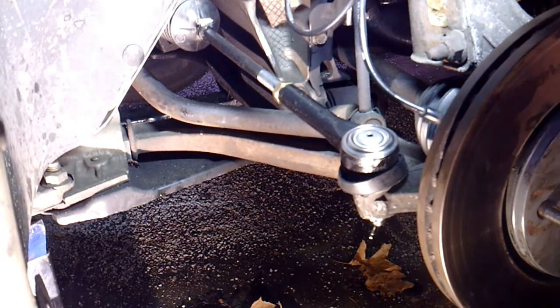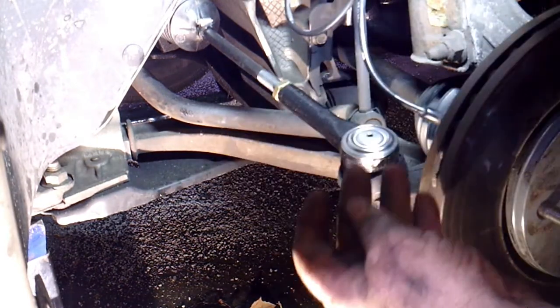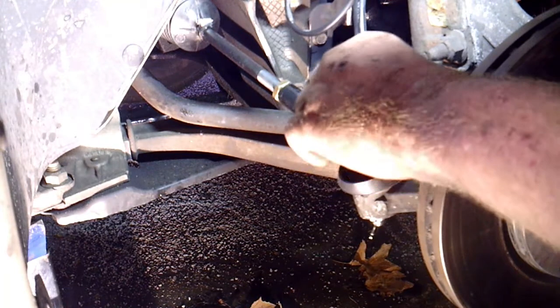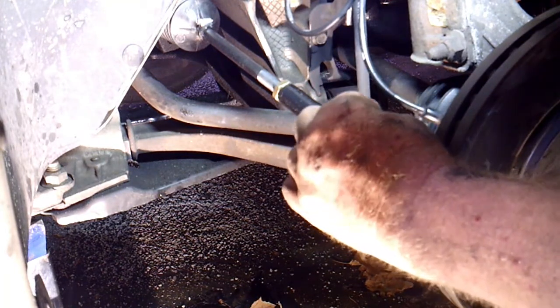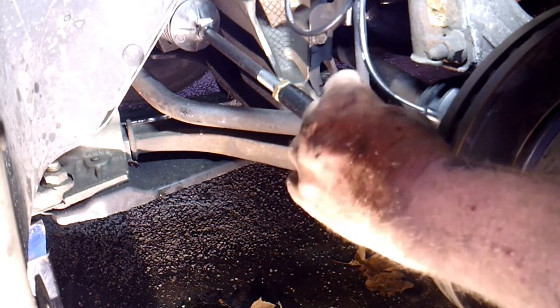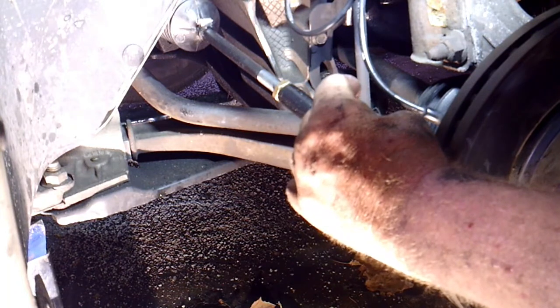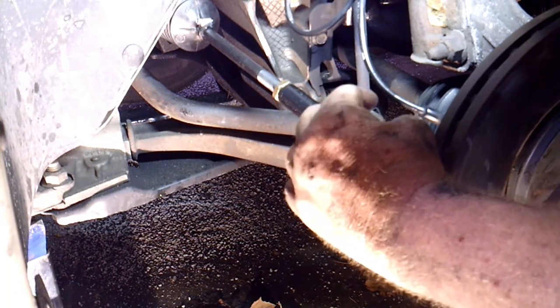Alright, so I screwed that on, 22 turns, went ahead and took the jam nut, and I haven't tightened it yet, but I put it up against the tie rod, and then put the tie rod through the spindle here, or the steering knuckle, and I cinched down the bottom nut on it. It's 17 mil. It was 18 mil from the factory, if you remember. This tie rod came with a 17 millimeter nut,